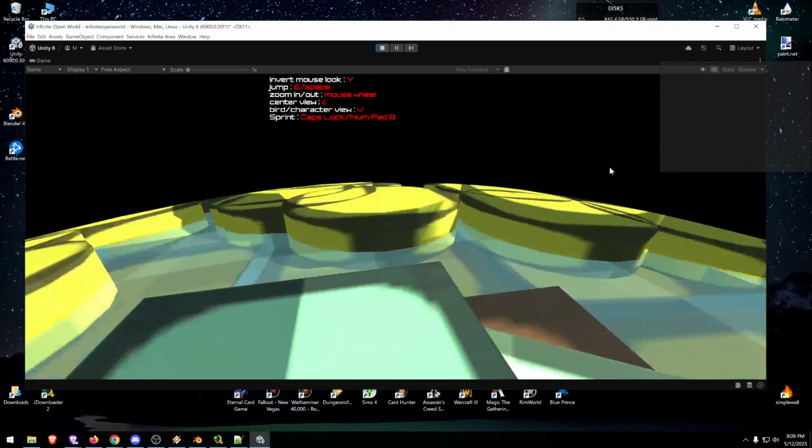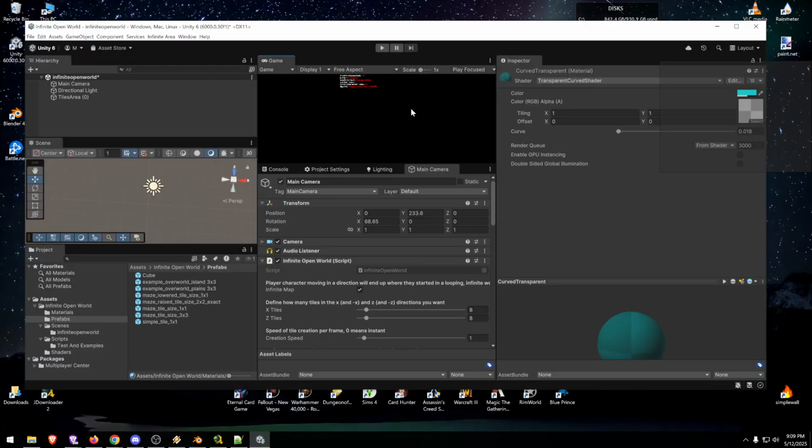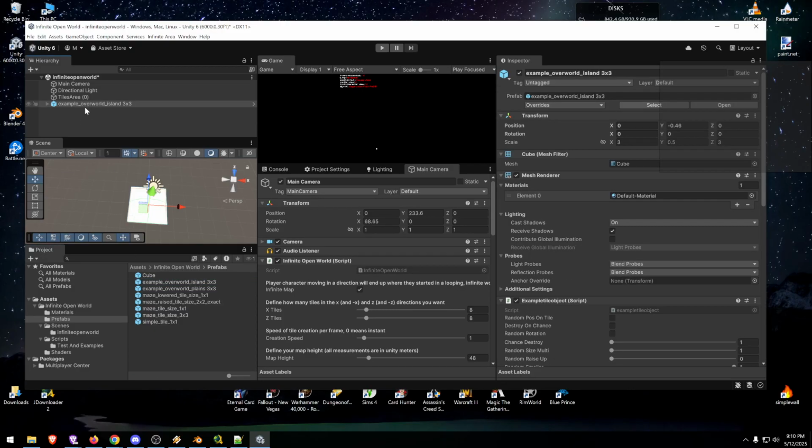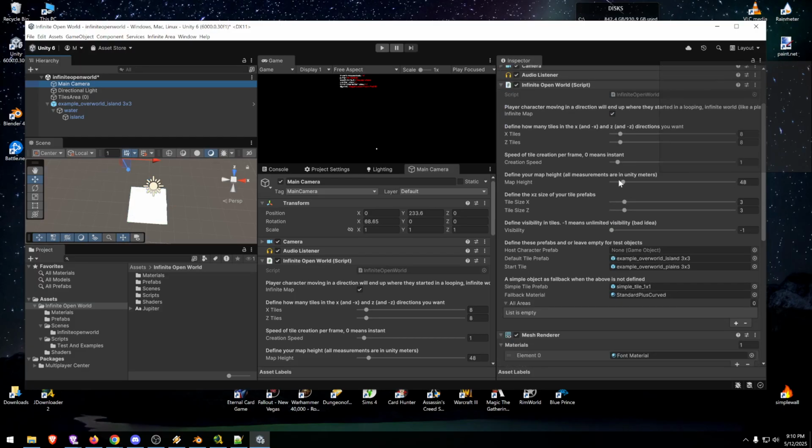Good. Now, exit out. Where's the mouse? So if you were to change the islands into not casting any shadows anymore, let's quickly, this is just example stuff, the prefabs. Example. There's even a cube tossed in there. So if you download this, that is not the meat and bone of the actual thing. The meat and bone is the infinite open world script. So if you want to make your own world, then